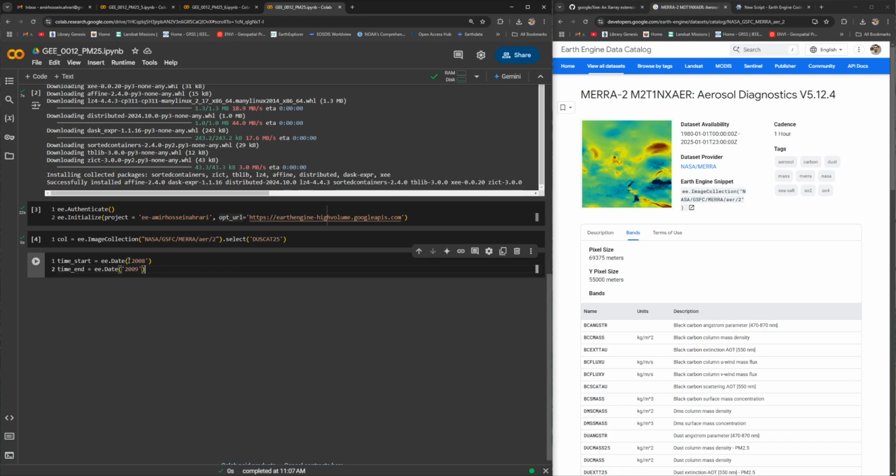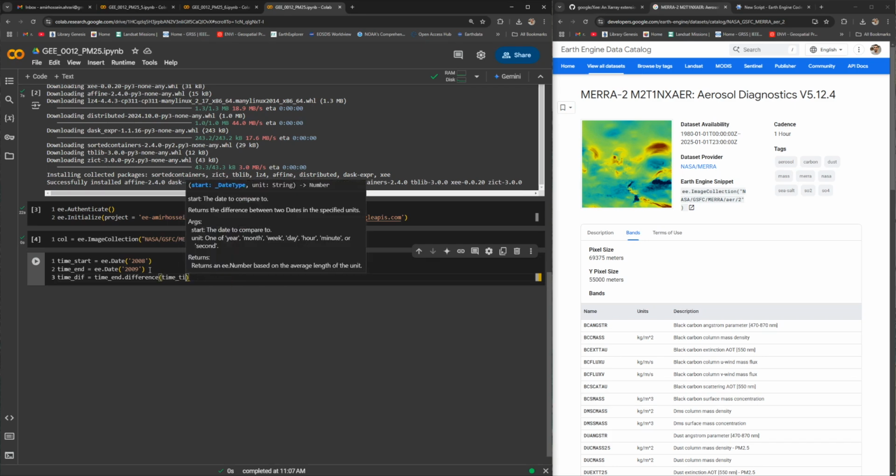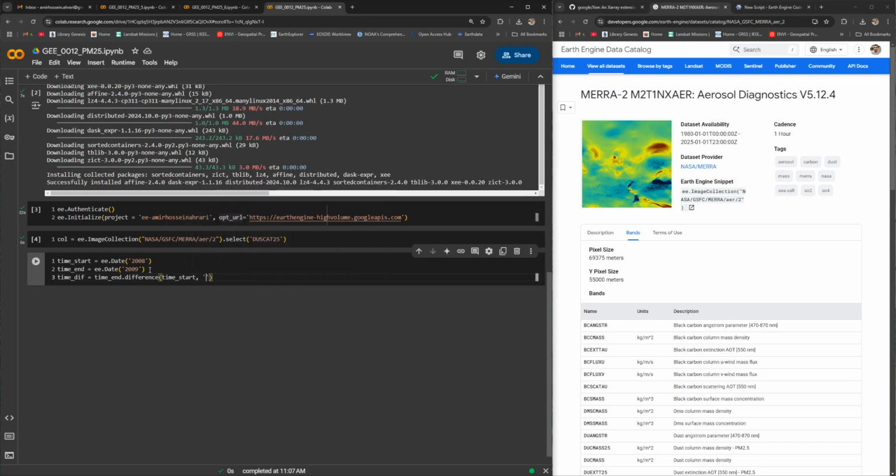Then we need to calculate the number of days between time start and time end. So time difference, another variable. From time end, there it is, calculate the differences until time start based on a unit. The unit is days. The number of days matters. So the next is we need to make a list of days with their date actually. Time list equals to